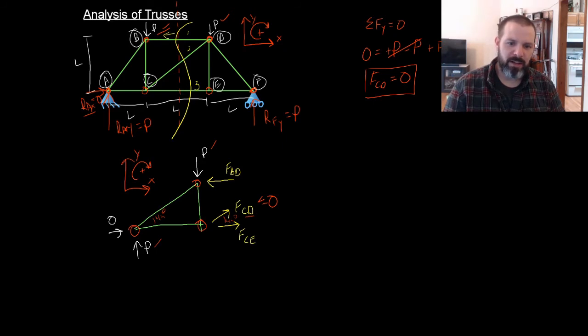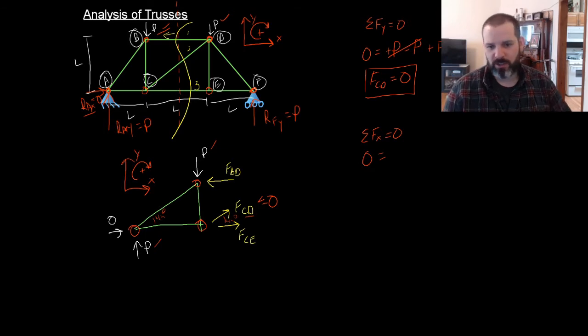If I apply my force in the x, that is equal 0. I'll have 0 equals, I know the reaction force in the x direction is 0, but I'll have minus FBD, and I'll have plus FCE. So here I have one equation, two unknowns,